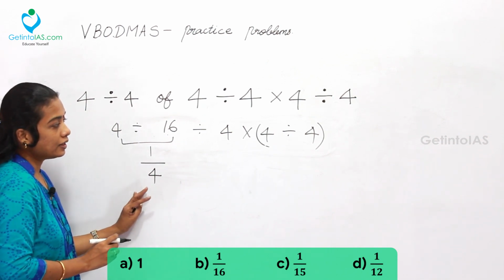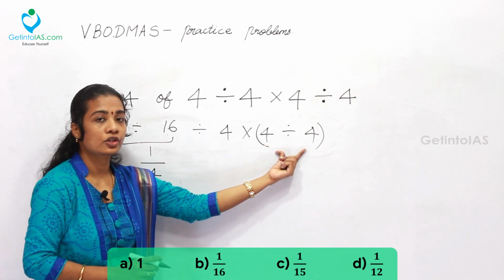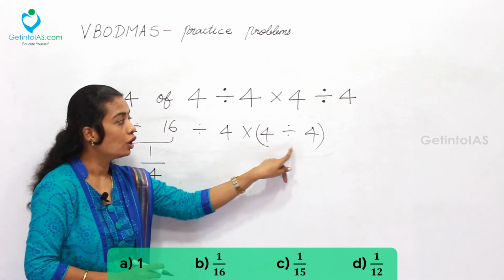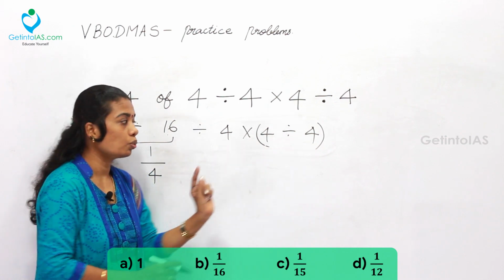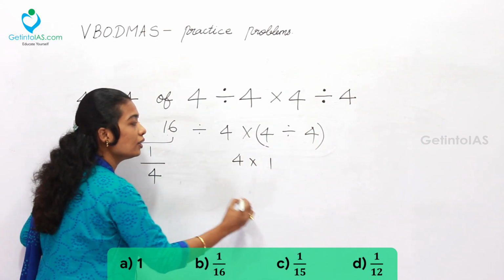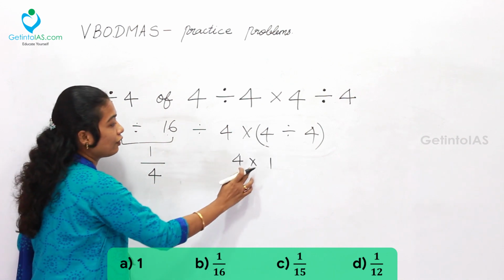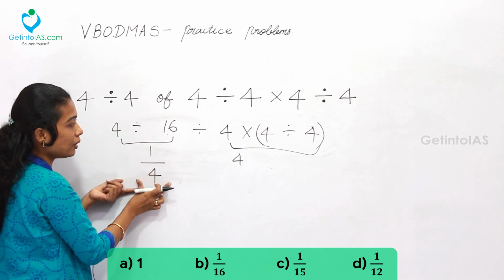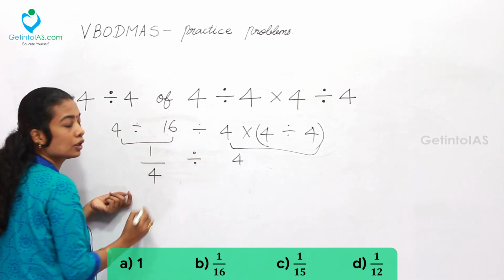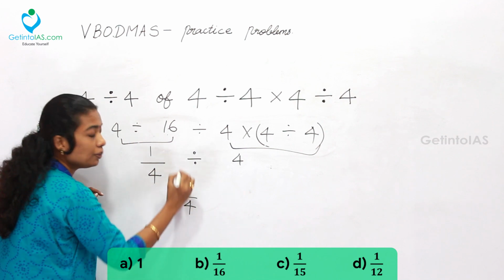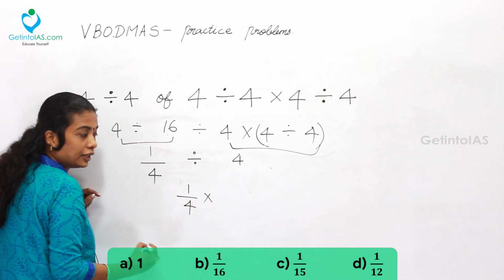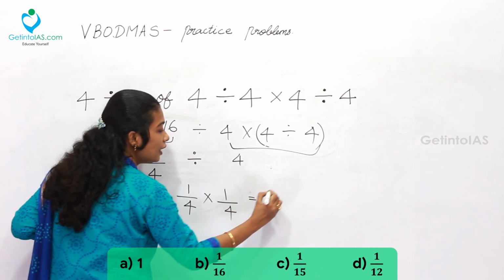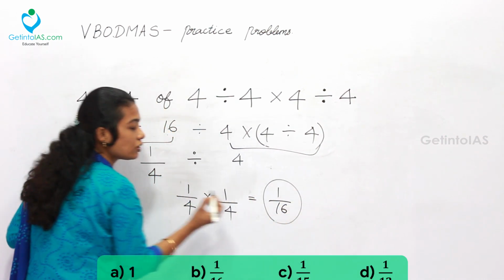We have solved it. Just wait, and we can make the division here. Before division we should not make this calculation, right? So, first let's solve it. 4 divided by 4, which is 1. So, 4 into 1 is going to be 4 itself. So after solving this, you get 4. So, here 1 by 4. So, division. What is 1 by 4 divided by 4? Convert this sign into multiplication. This 4 can be written in reciprocal form. So, finally, my answer is 1 by 16.